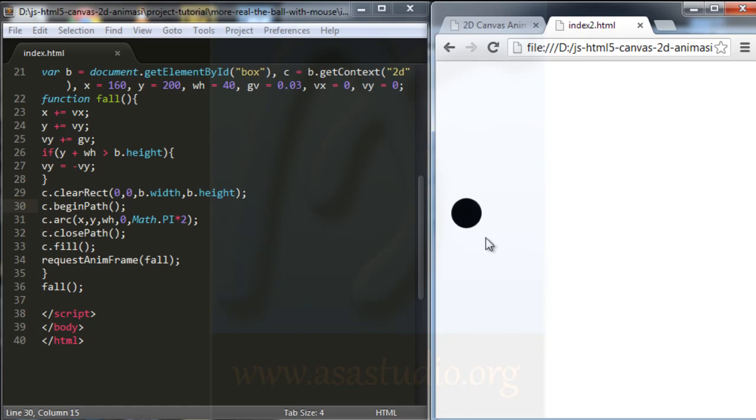In this case, I have a reaction with my mouse. If my mouse is on click, my ball follows the position of the mouse. Okay, like this. And in this video, in part 1 and part 3, I will create this animation with JavaScript, coding JavaScript. Okay, maybe let's begin.